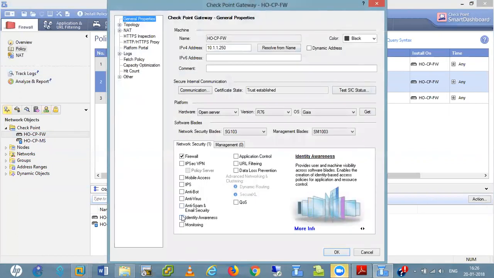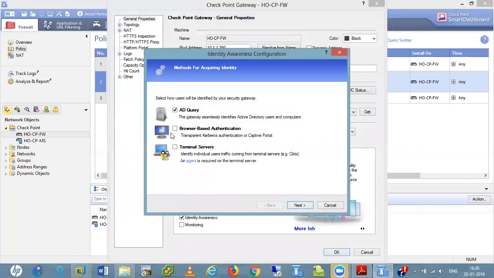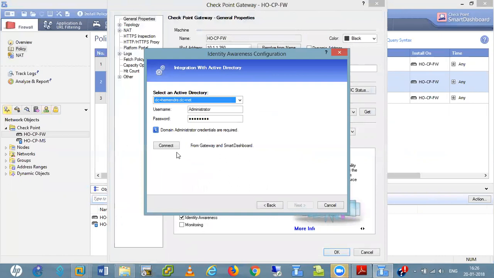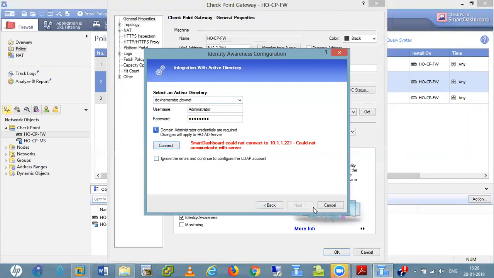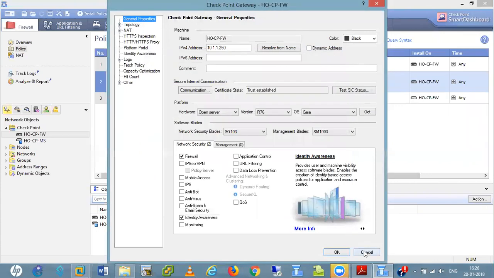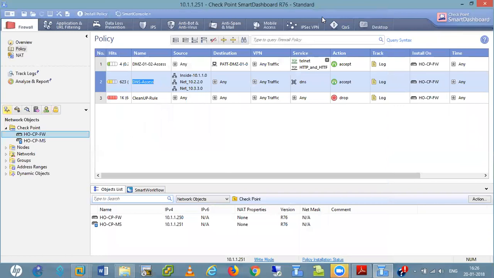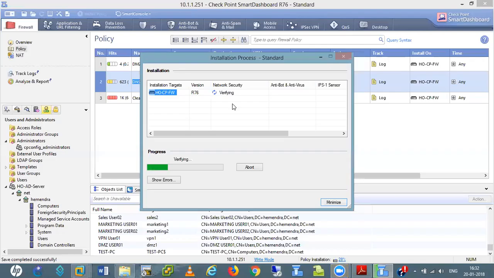Here, Identity Awareness blades, browser based, terminal. Next, and SmartDashboard could not connect to 10.1.1 with the server. DC equals DC. It must connect. I don't know what is the issue.